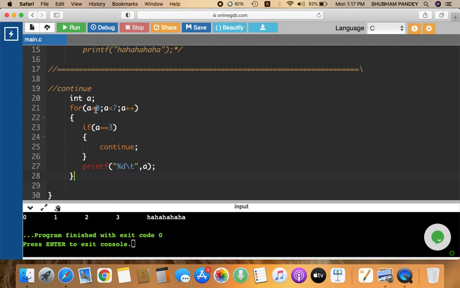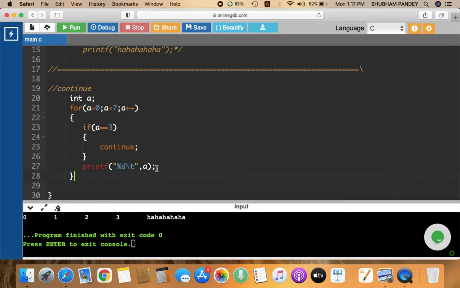Now when it becomes 3, the compiler comes here and this condition is satisfied. 3 is equal to 3, means true. So it comes inside this and finds there is a continue statement, which means it is not going to execute the statements mentioned below the continue.